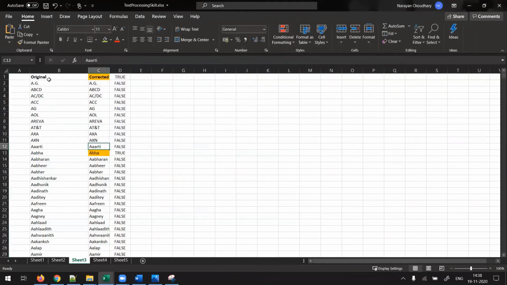So you see, column B1 and B2 are not the same, C1 are not the same. That is why we are getting two different colors on it. If I want to simply